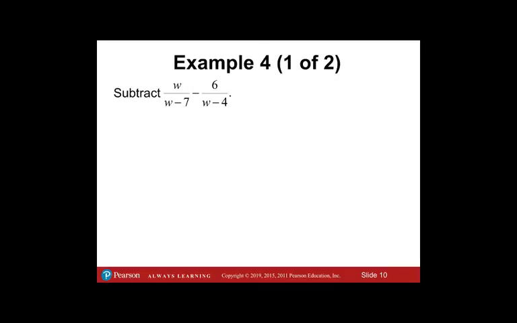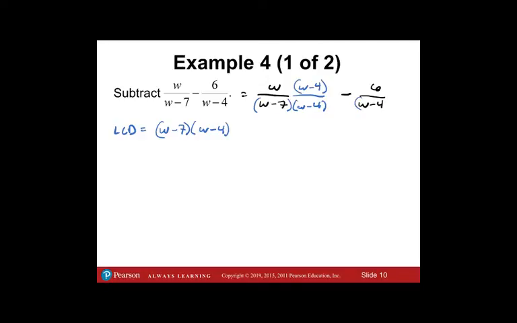Okay? So the LCD here, we need the w minus 7 times the w minus 4. So then, again, we have this w minus 7 under w. We have minus w minus 4 under 6. And we want both denominators to look like the blue. So this one is missing the w minus 4, so we have to put that on top and bottom. This one is missing the w minus 7 on top and bottom. Okay? So then if we account for these changes,